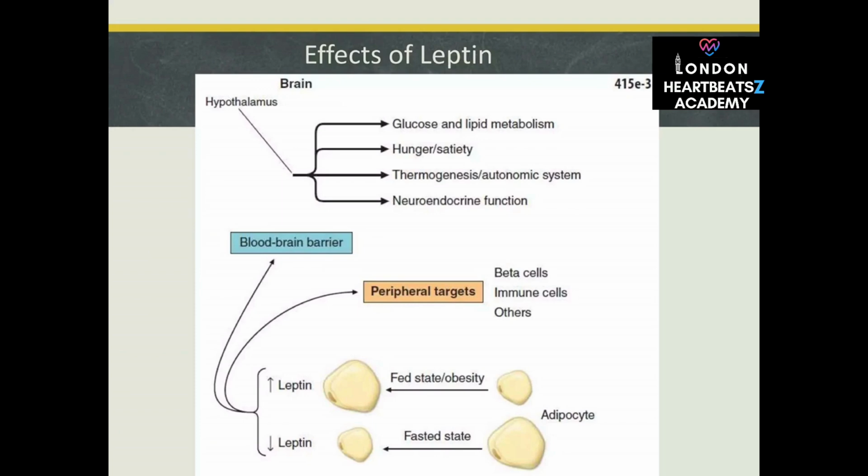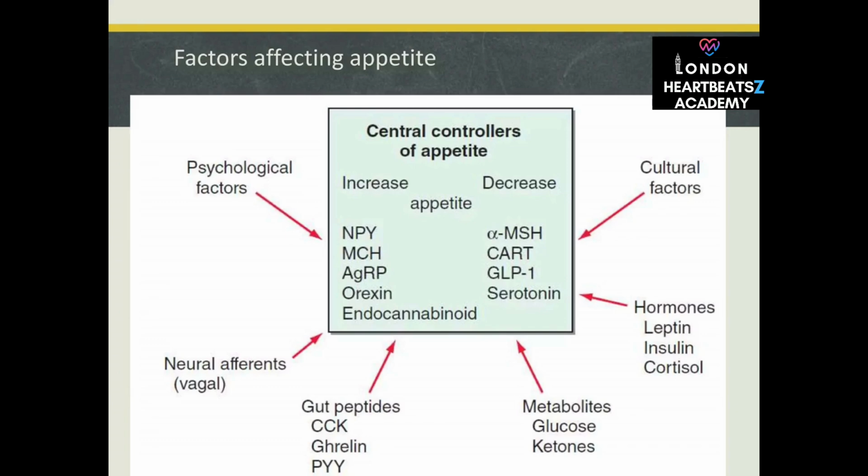Right. But here's where things get tricky. In a lot of cases of obesity, people develop what's called leptin resistance. Leptin what? Resistance. It means their brain stops responding properly to leptin signals. Oh, no. So even if you have plenty of fat stored, the brain doesn't get the memo to slow down. Exactly. And they keep feeling hungry. So it's not just about willpower. There's a biological reason why it's hard to lose weight for some people. Exactly. Leptin resistance is a key piece of the obesity puzzle. That makes a lot of sense.